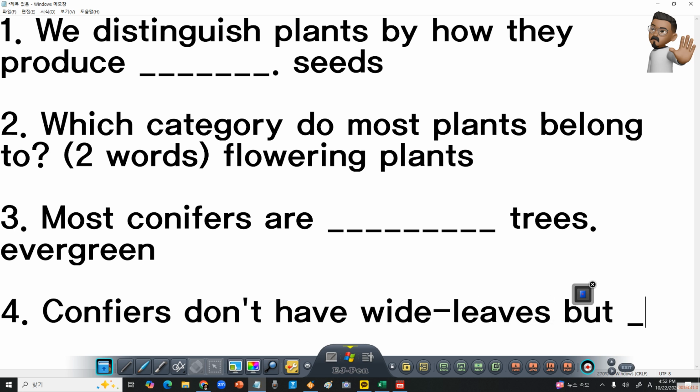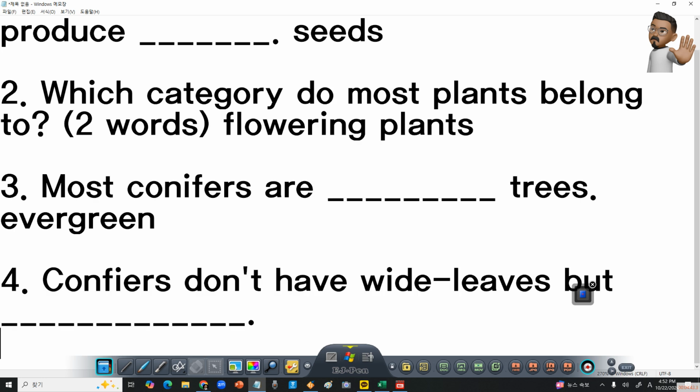But you don't like this. When you go to a hospital, nobody wants to get this because these can be also called syringes. Okay, or shots, syringes. Okay? And your mom needs this when she sews, like, what is it? The torn clothes, like t-shirts or even socks. But lately people don't do it. So conifers don't have wide leaves, but